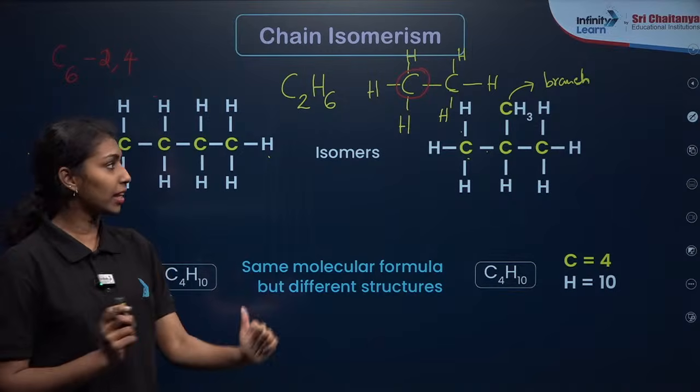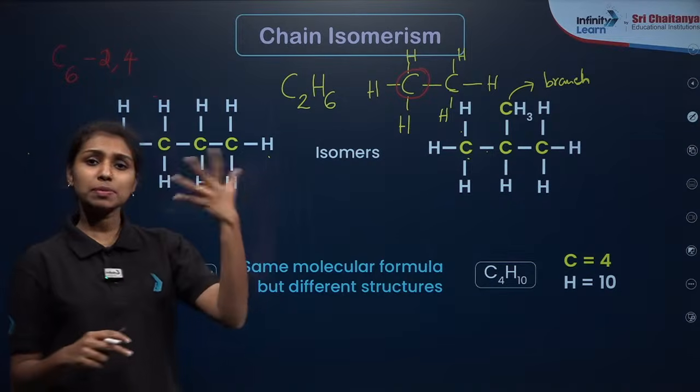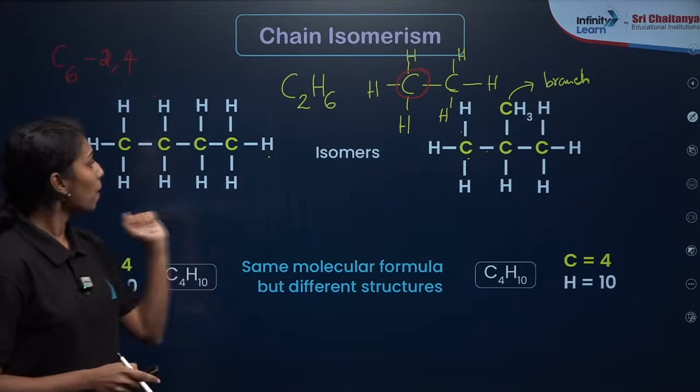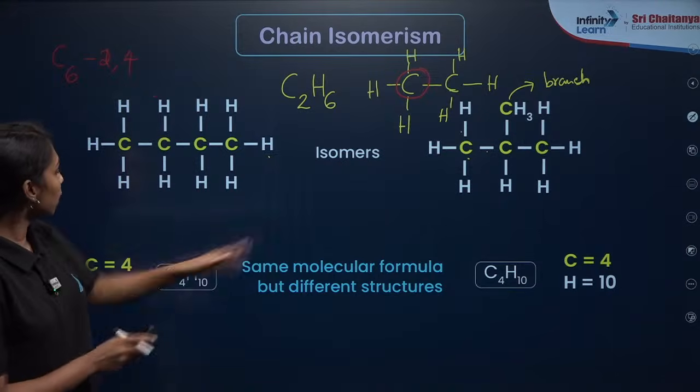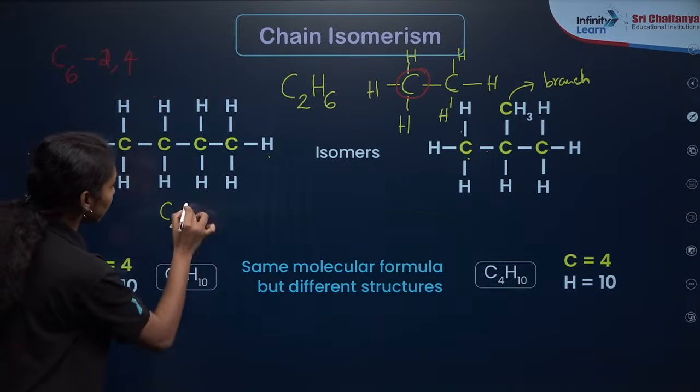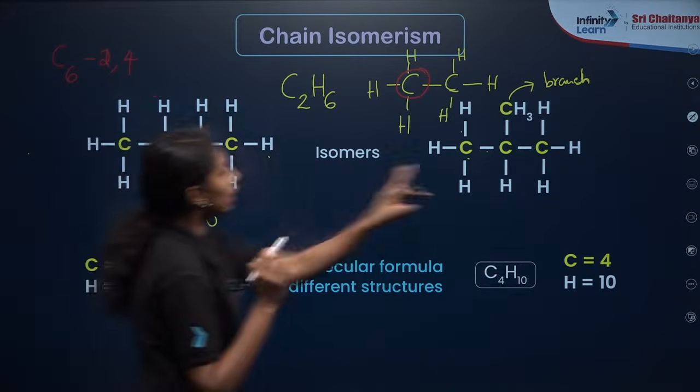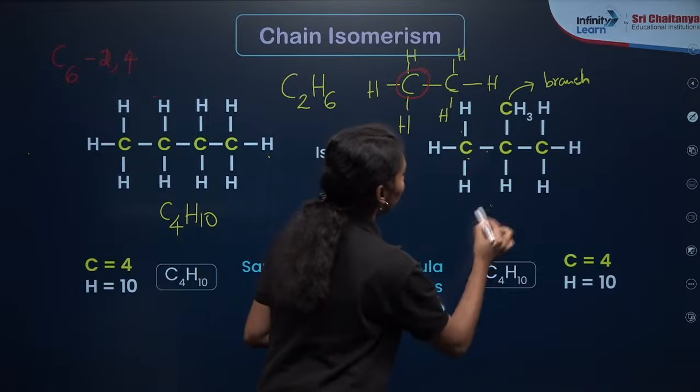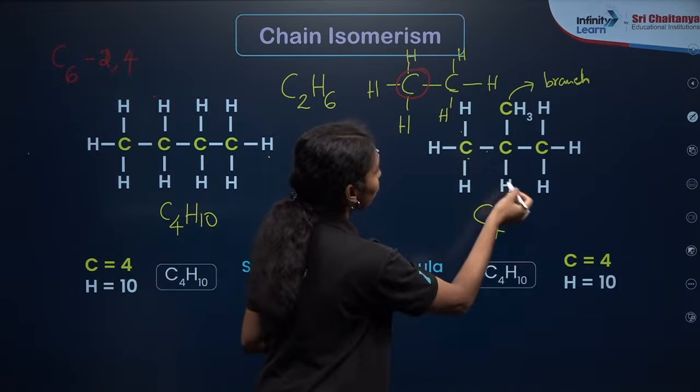Carbon is so special here, right? So carbon has a tendency to form these branched compounds also. That's why. So here what you're observing? Again this is C4H10, right? C4H10. Then here it is again 1, 2, 3, 4 carbon along with